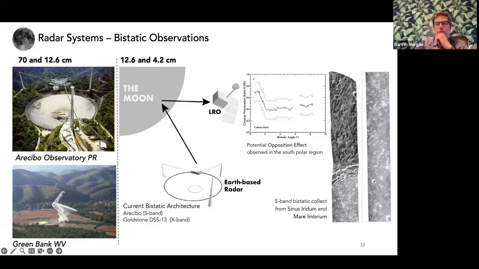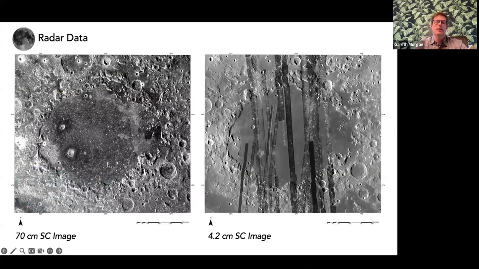But what else we've shown today is we also produced some really nice SAR image strips as well. So that's the kind of thing we're looking at. Okay, so I want to look at the radar data. I said we've got three different wavelengths, but just to show you the two end members, the 70 centimeter one here of the study area, and this is the current coverage we have from Mini RF of the shorter 4.2